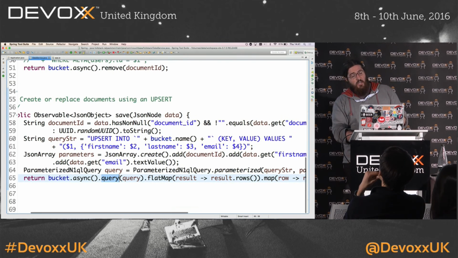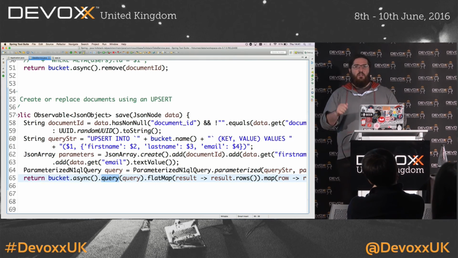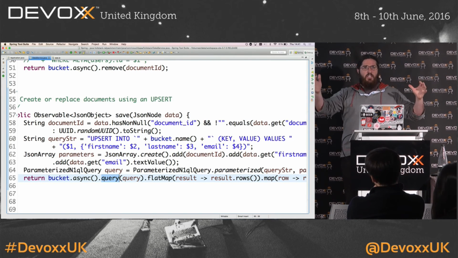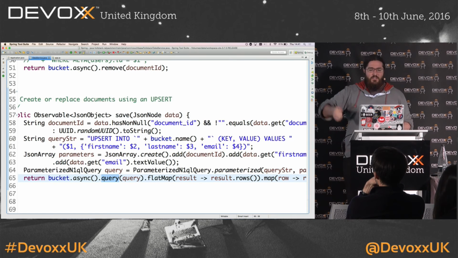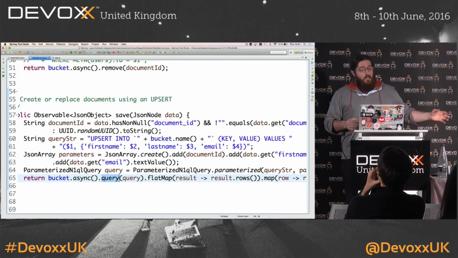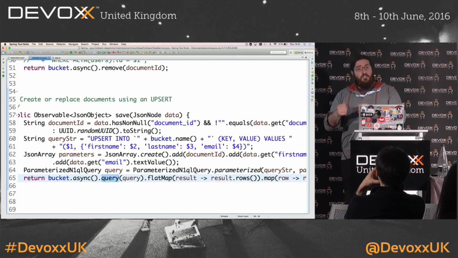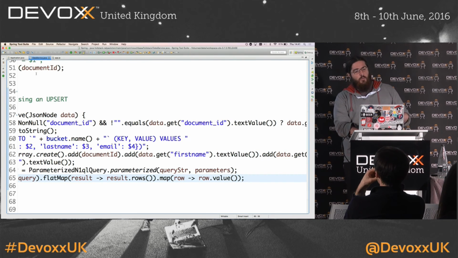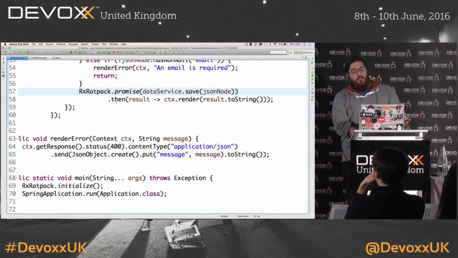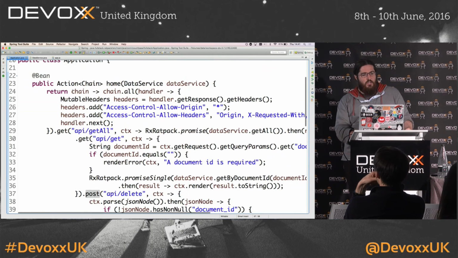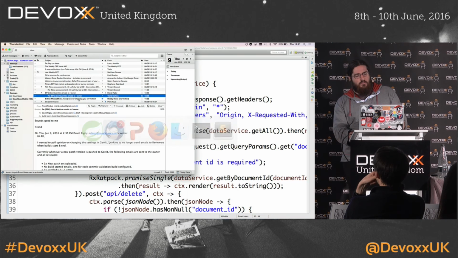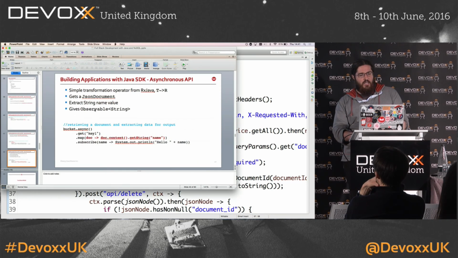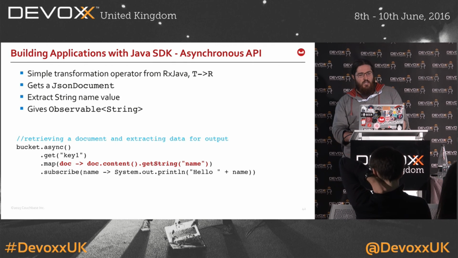But the way you get the data out, instead of waiting to have everything, looping on that big fat byte array that you've waited for from the server to your client, it just makes sure that everything as it goes is mapped to a JSON object, and then once it has everything, go into the promised result, and then you can do whatever you want, which is most of the time rendering the response. So that's how you would write a quick full-stack app with a Java backend and an AngularJS front-end with